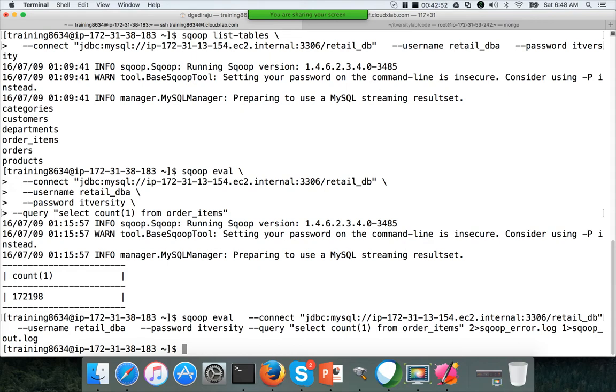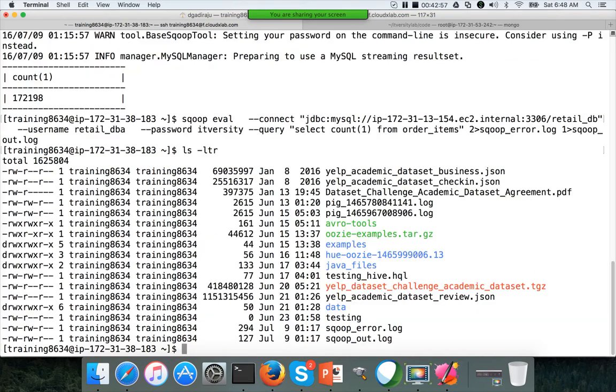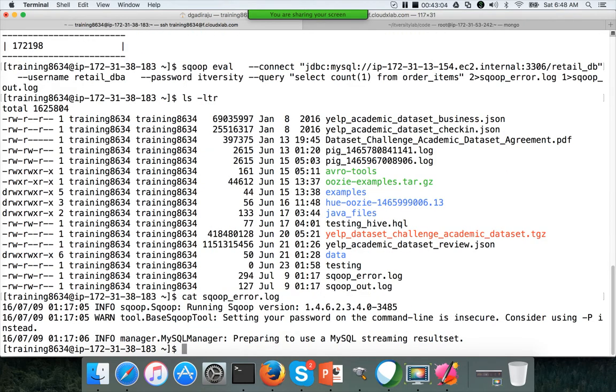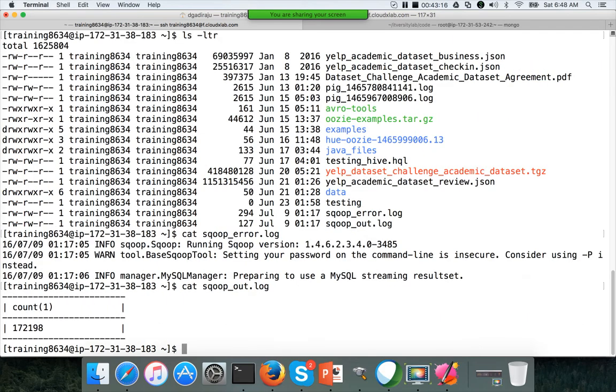Now you see that the output is not displayed on the standard out because we have redirected it to these files, and then you can actually see cat of the error log. You can see the logging information in error.log, and out.log actually has the output. So you can use this information to replace values as part of your program to run the subsequent import command.